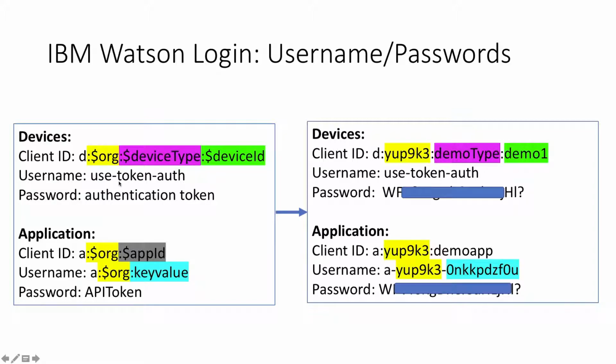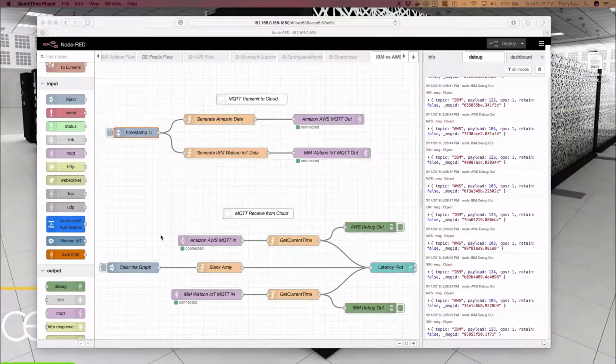Now the username is not use-token-auth, it's going to be the key value. And the key value is generated when you generated that application in IBM Watson. So it follows the org ID and a key value. And finally, the password is going to be the API token. So if we go back to